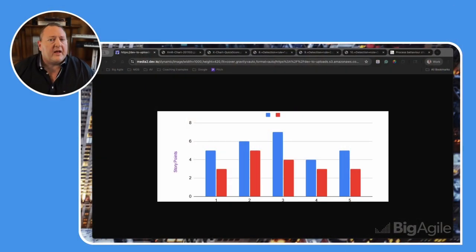Now, let's talk about the problem of a velocity chart. I've got just a standard velocity chart here. It's pretty boring. Let's say it's story points over time. You can have a velocity chart, a burn down chart, ritual counts, whatever it is that you're showing, it's just kind of boring. We see here how much the team actually committed to delivering versus what they actually delivered. People see this and they're like, okay, what's that really telling us? I see an upward trend and then I see a downward trend. It's really hard to deduce any kind of signal from this.